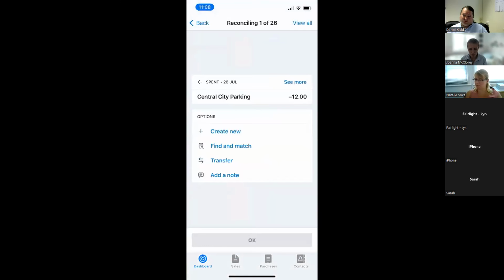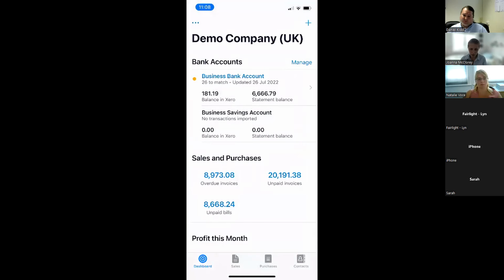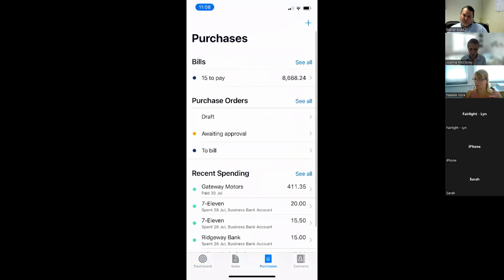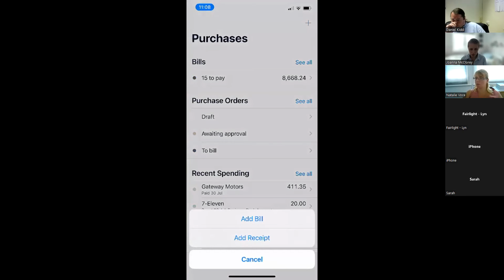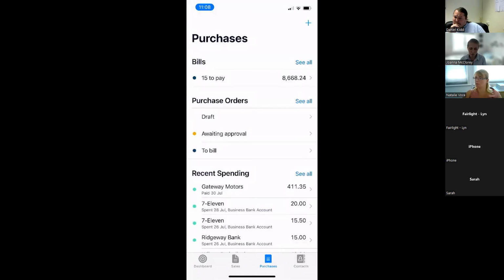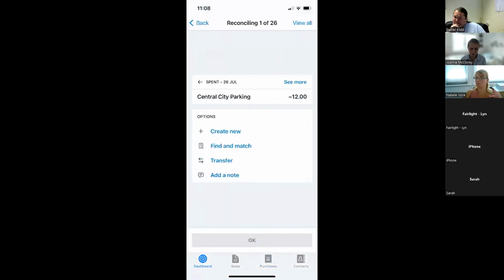What would we do? I don't know whether it's actually that clever, the app itself. If we can just add bill that would create a purchase invoice, or add receipt, which would be a direct bank expense. I'm not quite sure if we would be, oh, actually, if we go to the dashboard,